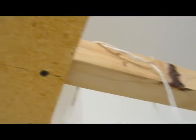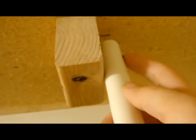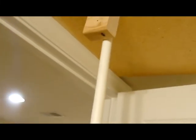It is a particle board, and to make it long enough to reach this to the shower curtain rod. And it is leaning on the shower curtain rod and on top of the lip of the doorway. Is this just a screw? It's just a screw. Okay, so this is screwed onto the particle board, and then you have two PVC pipings. And this PVC piping is what, about an inch? That's a half inch. You have two half inch. How long would you say this is? 2 feet. Two 2 feet